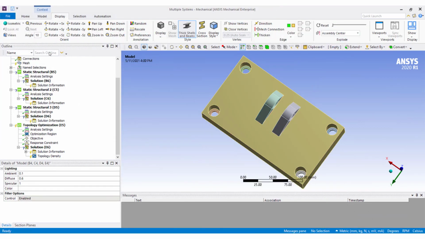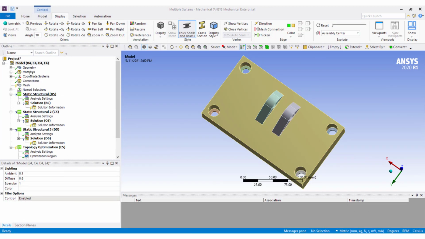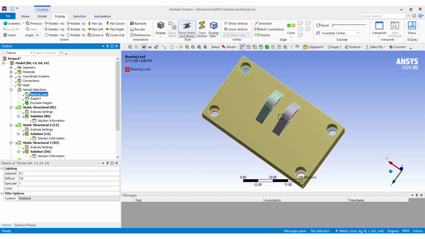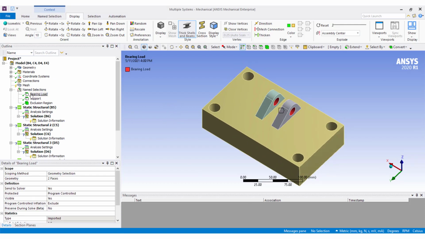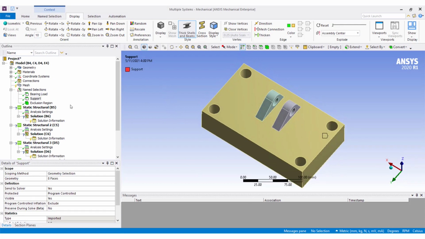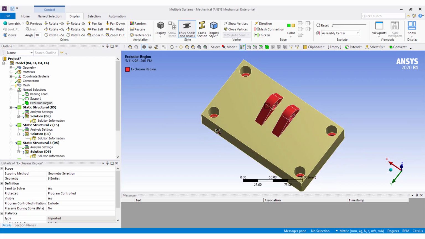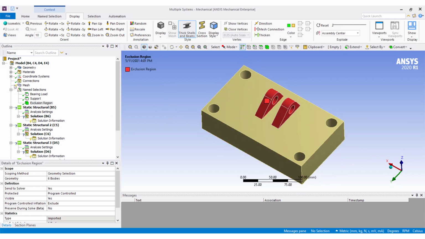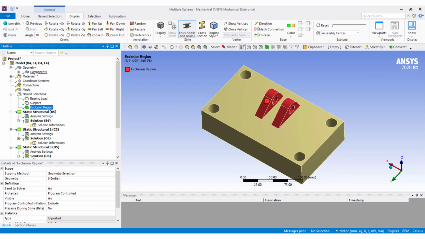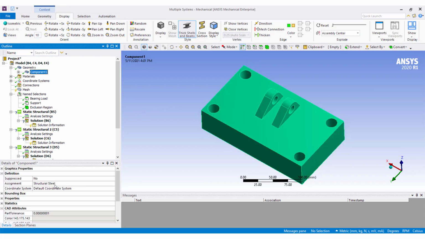You can see the name selections I defined in SpaceClaim are present here. Structural steel is already defined by default.